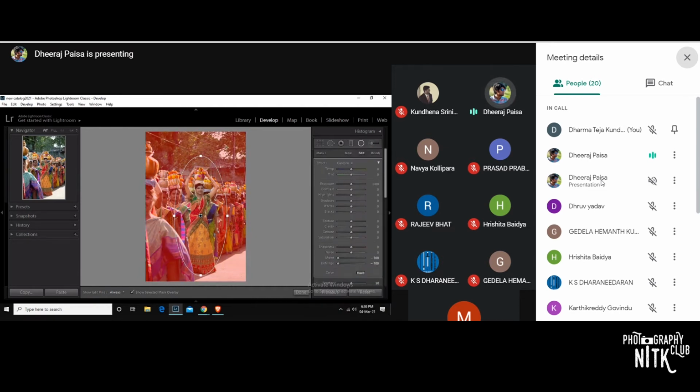First, I'll increase the exposure around the subject. Before editing this, let's uncheck the box so that we can see what edits are going on. Let's add some details.